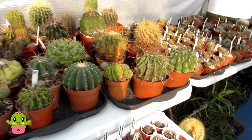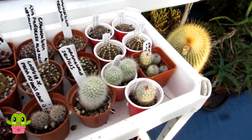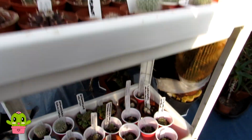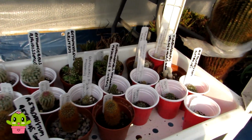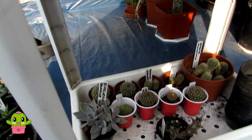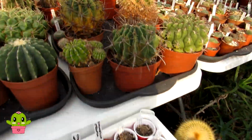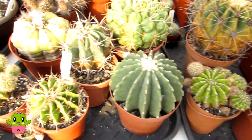So here again, all the gorgeous stunners I got from Daz and Edith at Cacti Mania, growing absolutely remarkable. As you can see there, I've got them all together, my little Cacti Mania stand, and they are doing really well there. And also all these planties here,